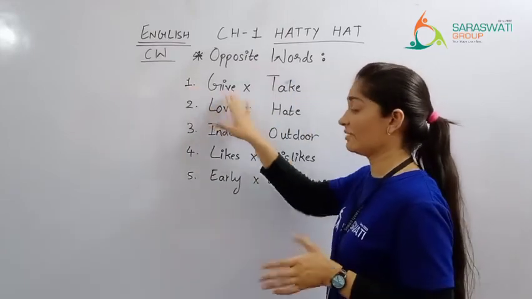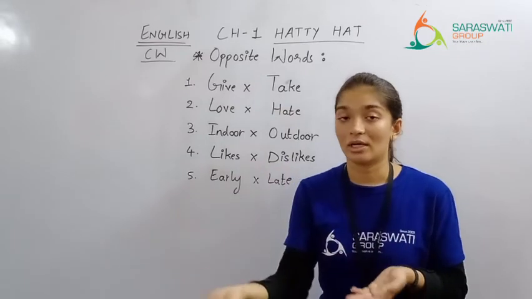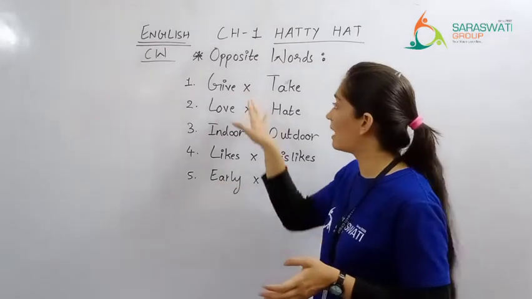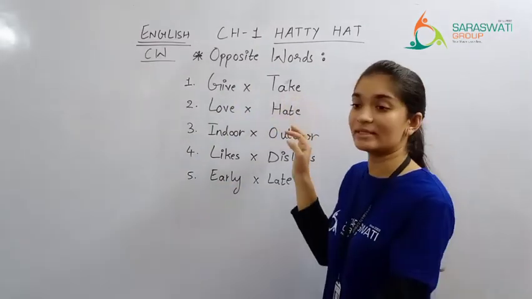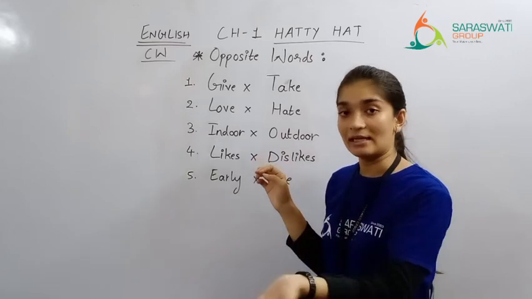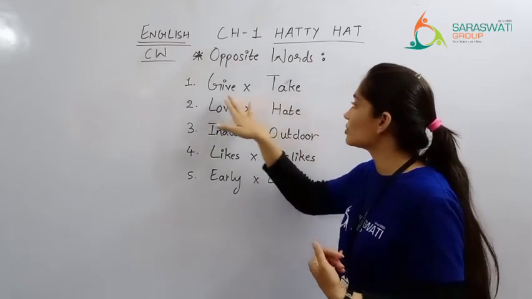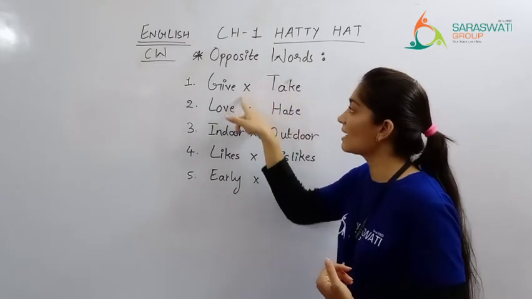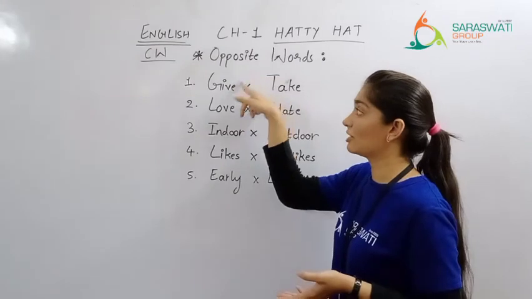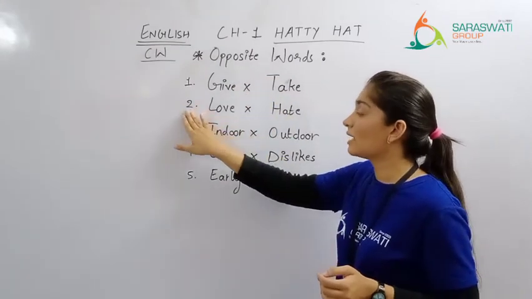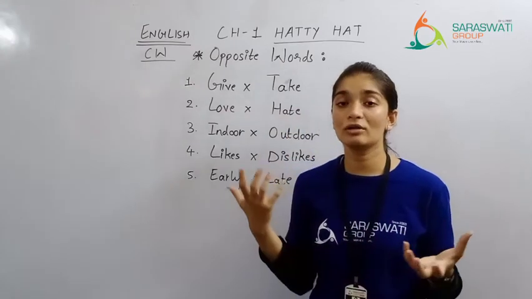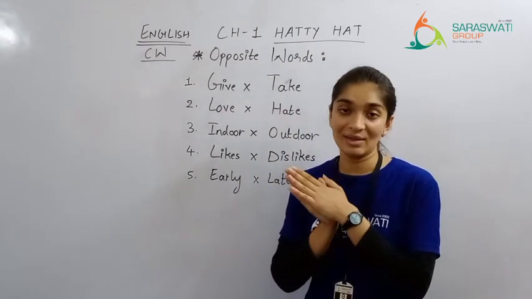Number one, that is give. એટલે કે કોઈને આપવું. When you give something to someone, that is giving. And take, that means તમે જે કોઈ પાસેથી તમે કાંઈ લ્યો છો, that is take. Give એટલે દેવું and take એટલે લેવું. So give, take, and this is the sign of opposite words. તમે જ્યારે બી opposite words લખો છો, so this is the sign for the same. Number two, that means love, hate. Love એટલે when you have a strong feeling for someone you love very much, right?